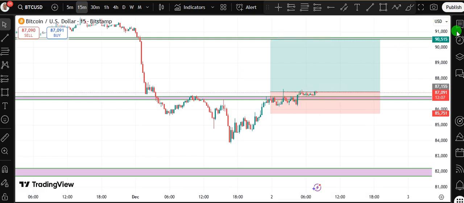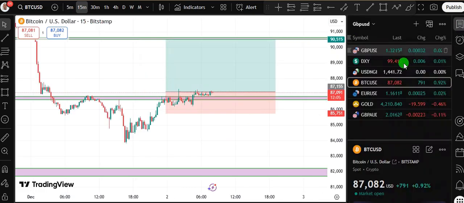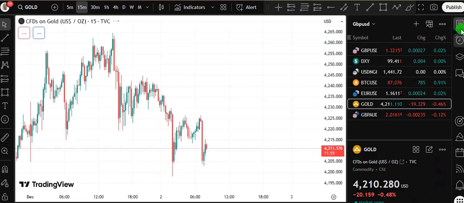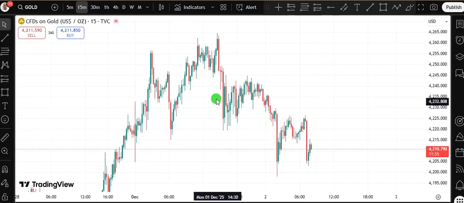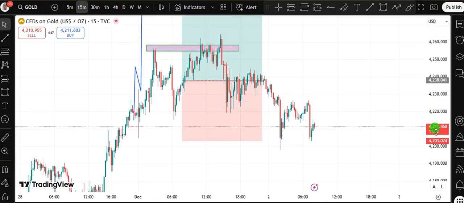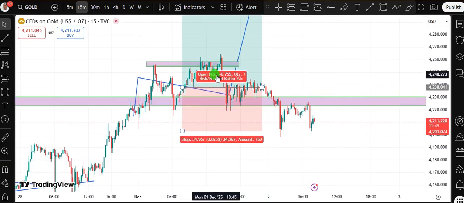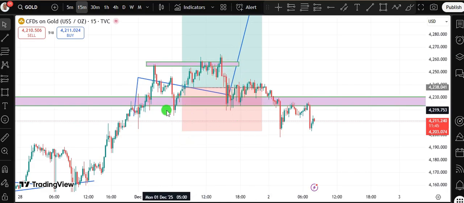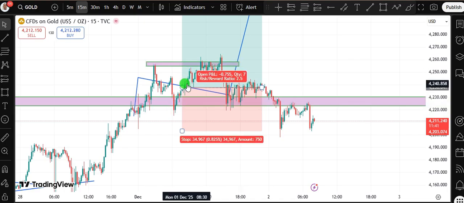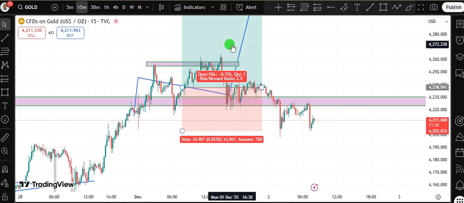That's it. Let's go to the final one for today, which is going to be XAUUSD, and that is my favorite, which is gold. Now on gold, a lot has been happening. I think this is where the real war is. Yesterday I'd been avoiding gold, though I actually went long on gold earlier, but it didn't get to my take profits. You can see the market moving back. This was where I entered the market, somewhere around here. Then I went on the buy side, while the market was moving.